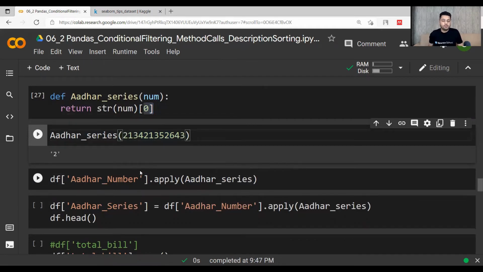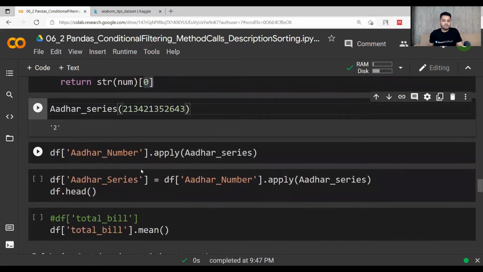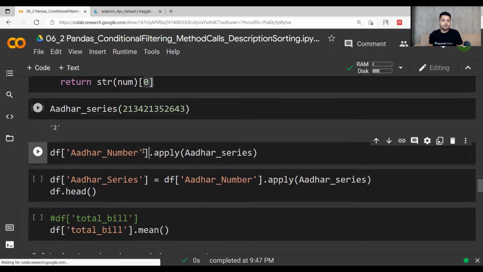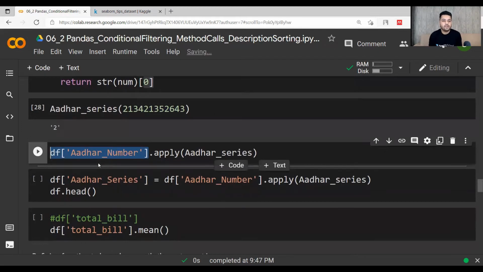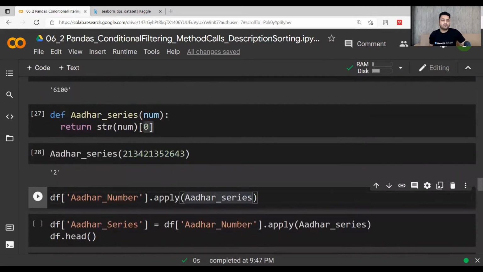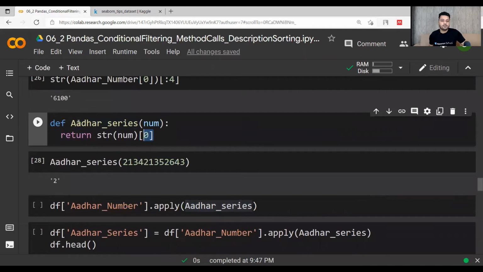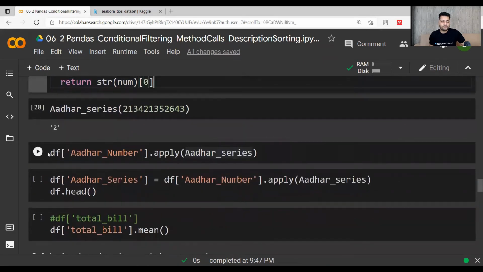And now if you want to use the apply function over the full data frame, you do df Aadhaar number, whatever column you want to apply it on. This is the column name here, and dot apply Aadhaar series will apply the custom function that we have defined over the full column.